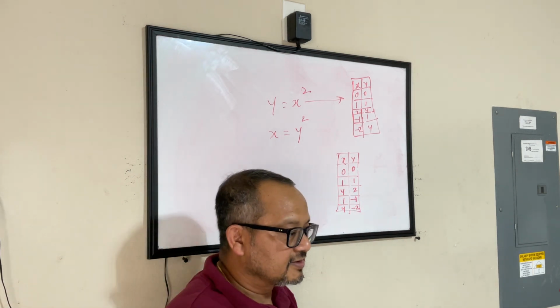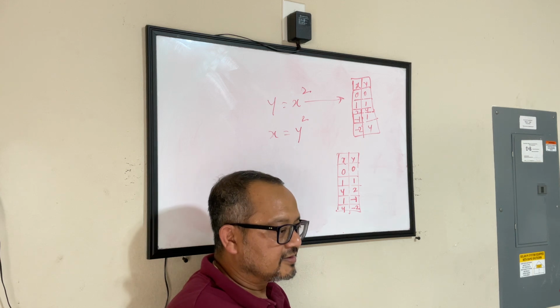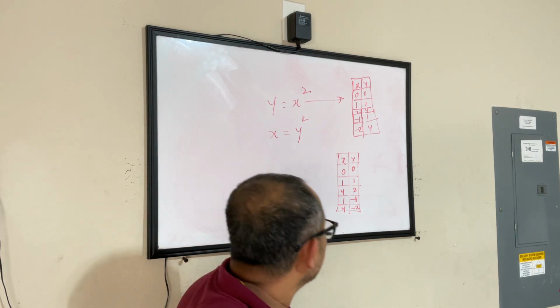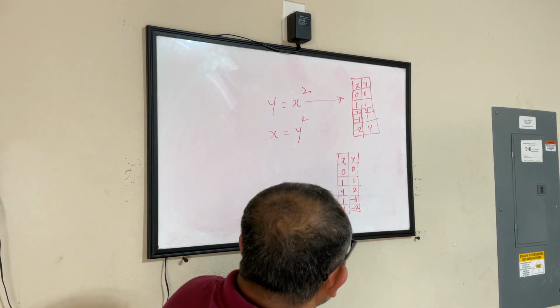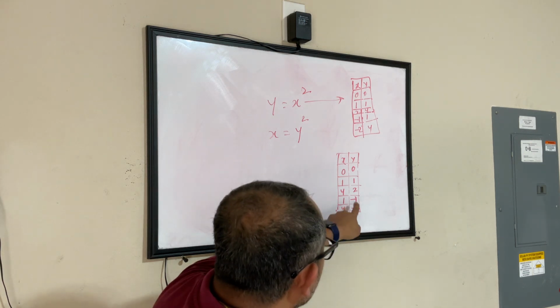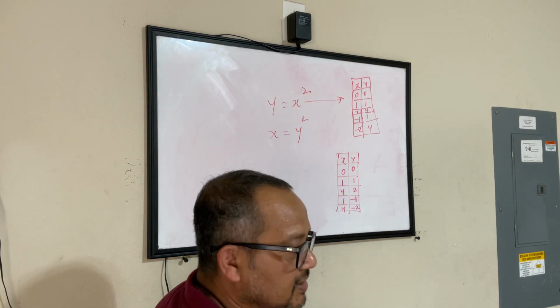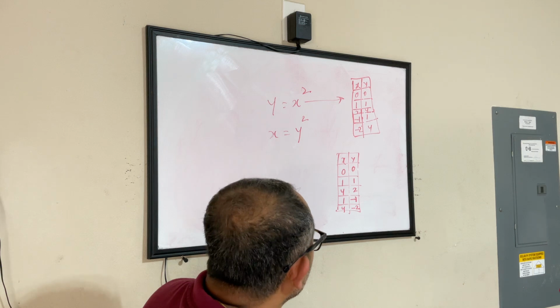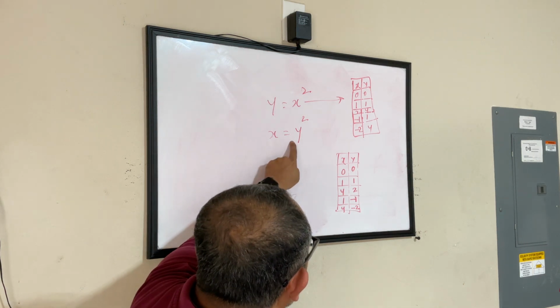Yes, Arihan. For the third one, like 4 is x and y is 2. Yes. But I thought it was y squared. No. So